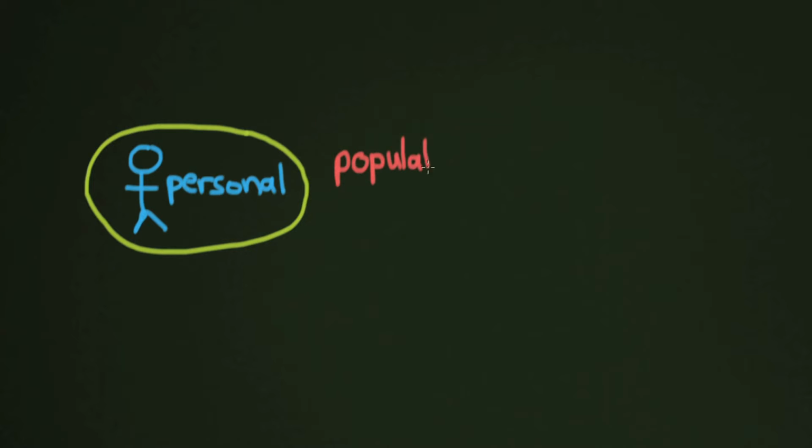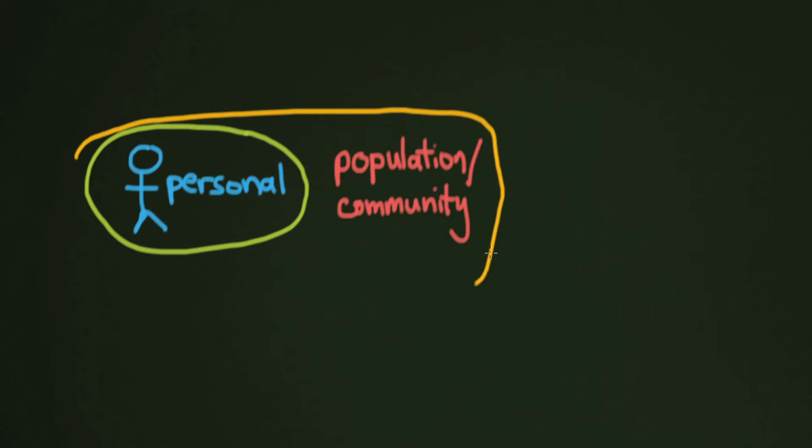Population. So you are a part of a population of some kind. And I'm going to group it together with another word that we hear a lot and will be talking about in this course a lot, which is the community. A lot of times this population and community level is used as a way of comparing different groups of people. It's something that researchers use a lot, and people who are doing action in communities use a lot. So you have a group of people, let's say the blue people over here, and the green people over here.